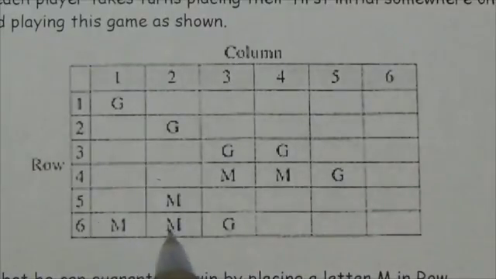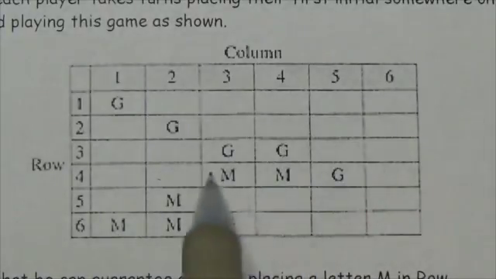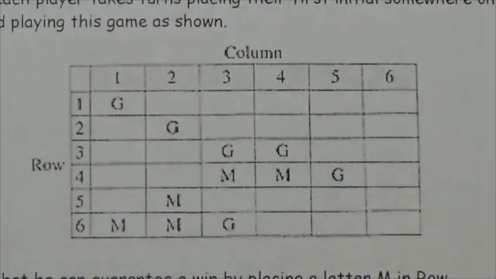Now, look at what he's got right now. He's got kind of 2 in a row, Gina stopped it. He's got 3 in a row, Gina stopped it. He's got this 2 in a row right here, 2 in a row here, but there's more room to move here. This is really where things are going to happen. In order to make this work, I have to place a letter M someplace